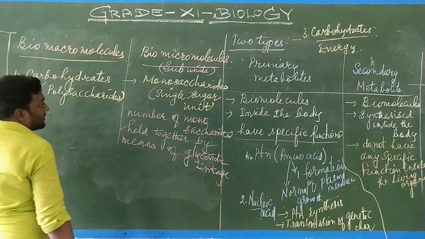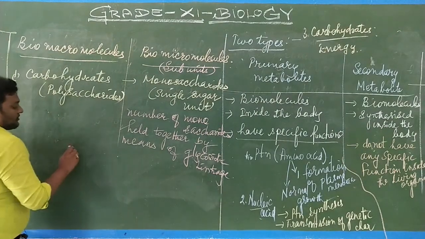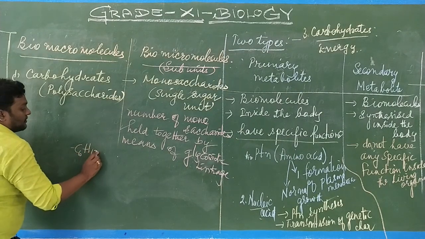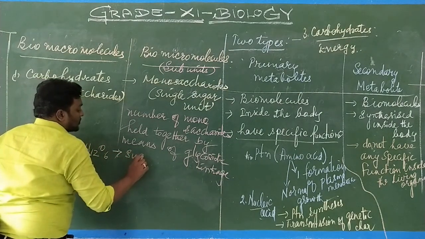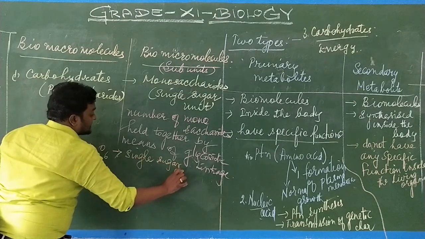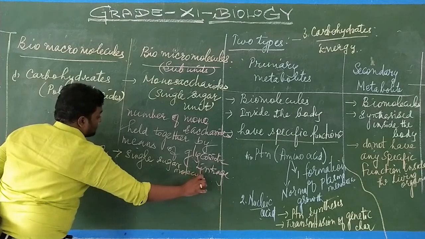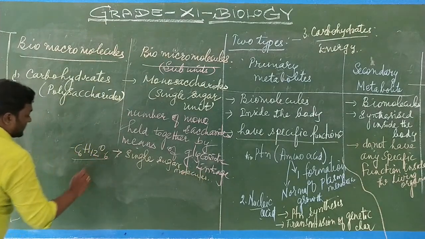Now I already drew the structure for glucose. What is the formula of glucose? C6H12O6. This is the single sugar molecule. Now the single sugar molecule structure can be drawn. How can it be drawn? You see, for the sugar,